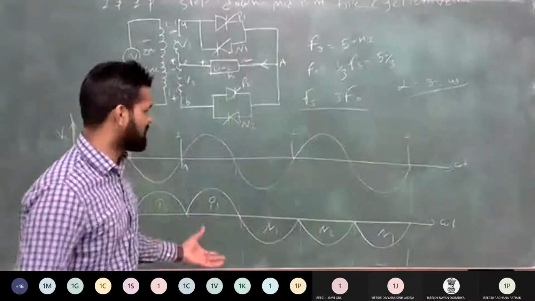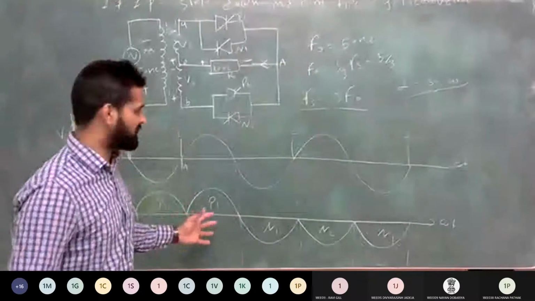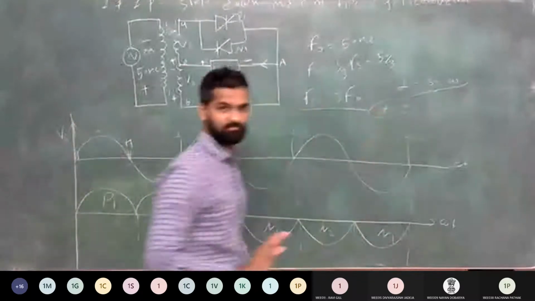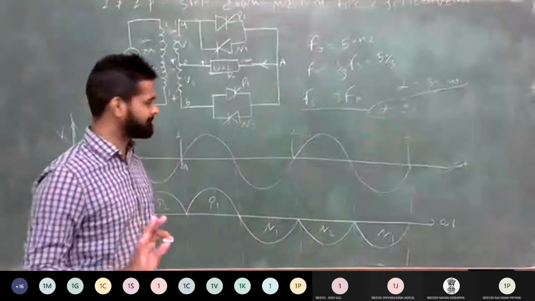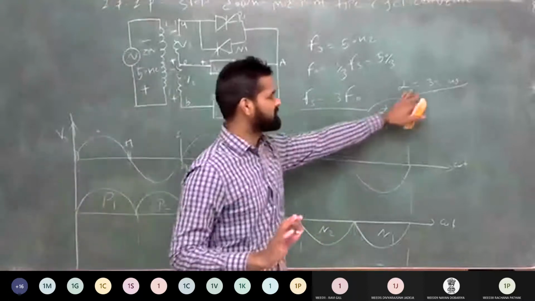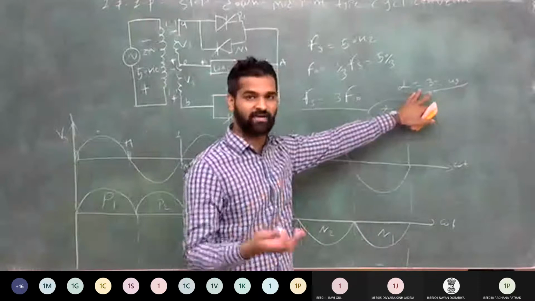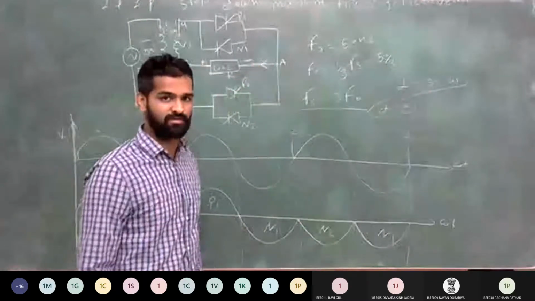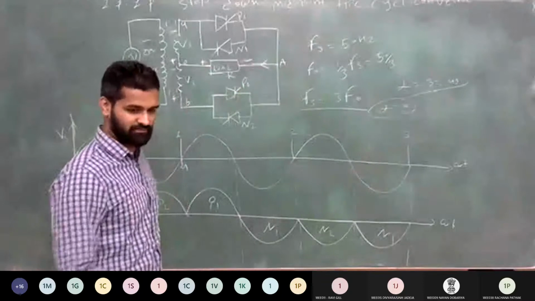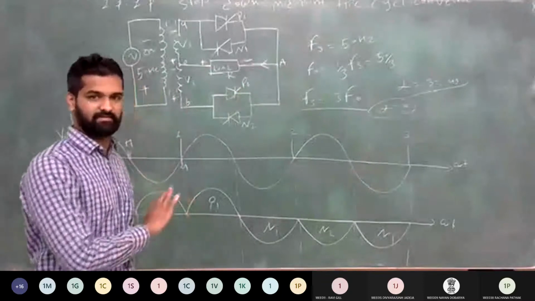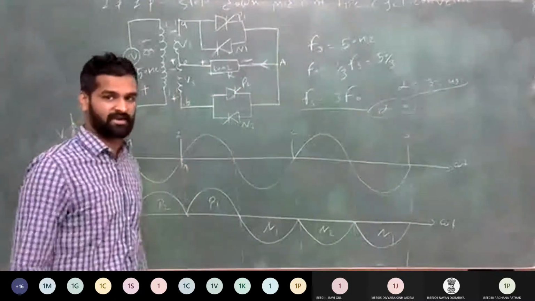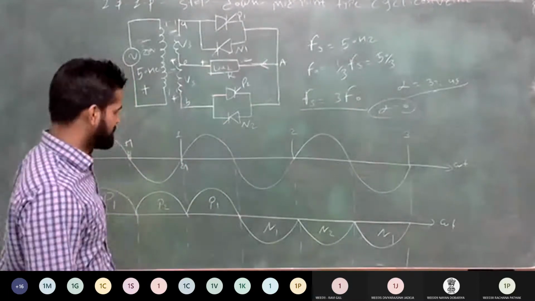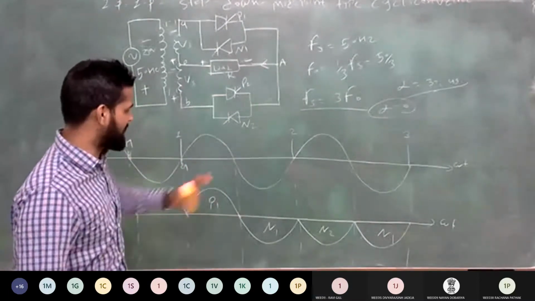Clear? So for this case, we will see the waveform in the next topic. This is the waveform of the step down cycloconverter for alpha 0. First we take the simple case. Thereafter we see different alpha with inductive nature of load. So first we see the basic concept, then we move to the different conditions. So here this is 1/3 times Fs.